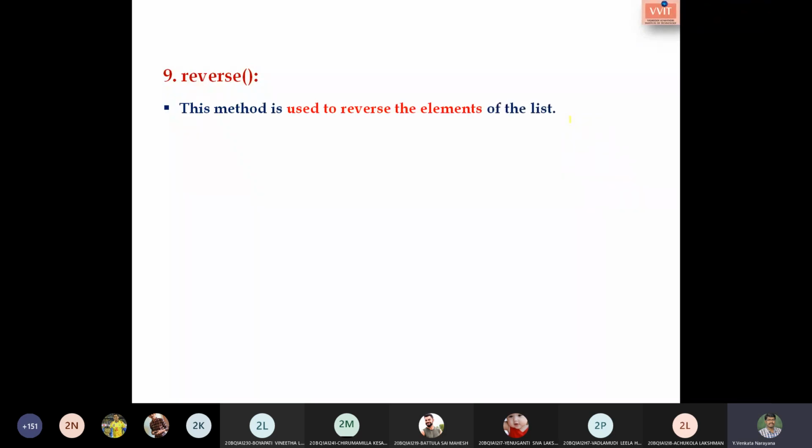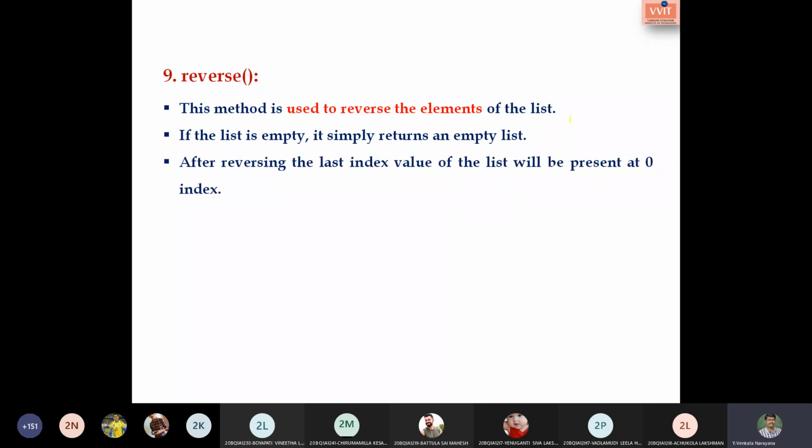So let us go with the next method, reverse. Generally this method is used to reverse the elements of the list. If the list is empty, in that case we are supposed to get the same empty list. By reversing a list, the last element will be at the first position, and we proceed up to the 0 index.